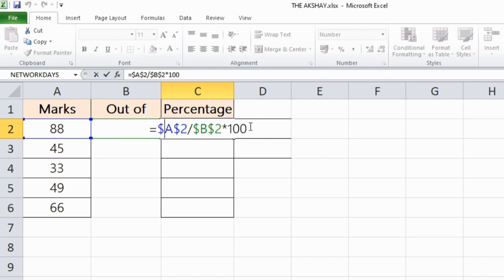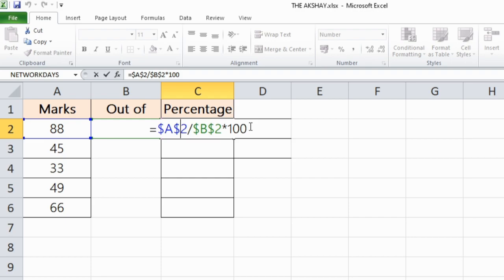As I told you, column A is fixed and row 2 is also fixed. In this case also B column is fixed and row 2 is fixed. But in B2 we have out of marks. So we don't want to change the B2 cell, that is fixed out of marks. We will keep this as it is. We will only change here in A2.